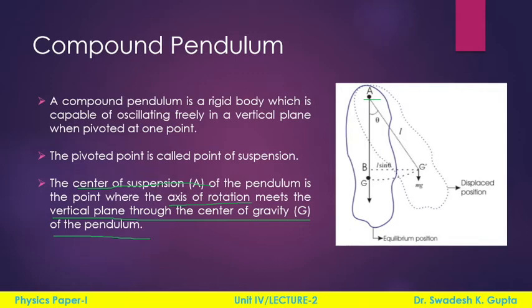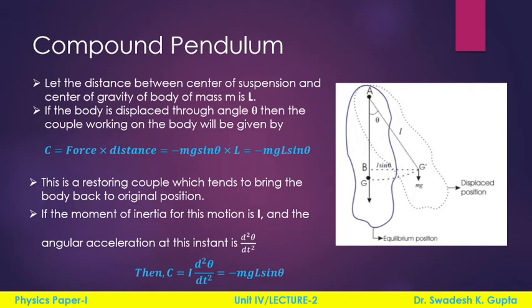So there is a body and it is suspended from this point A, and G is the center of gravity. So what is the center of gravity? The center of gravity is the point where the whole mass of the body appears to be centered. Now let the distance between this center of suspension A and the center of gravity G be L, and then if we displace this body by an angle theta,